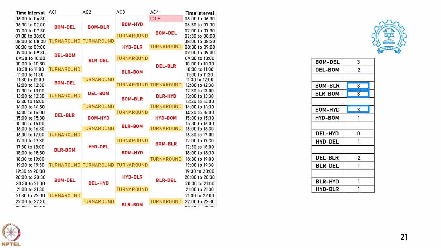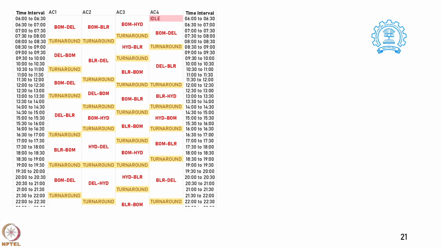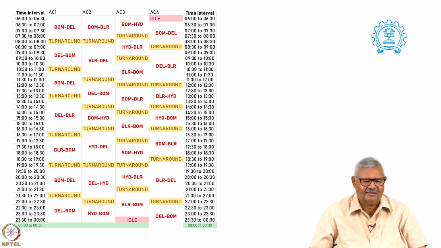it is already 10:30, all the aircraft now have to head back to Bombay. So, all the aircraft, number 1 comes back to Bombay, reaches exactly at midnight, the second one reaches again at midnight, the third one reaches at 11:30 and idle for just half an hour and the fourth one reaches also exactly at midnight. Now, many of these things have been done only by inspection and observation.